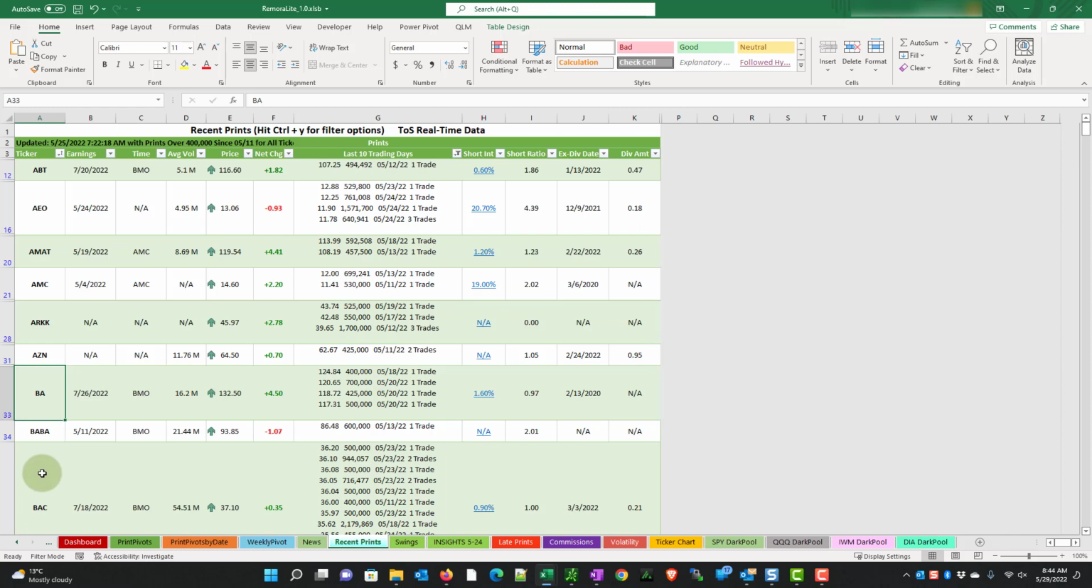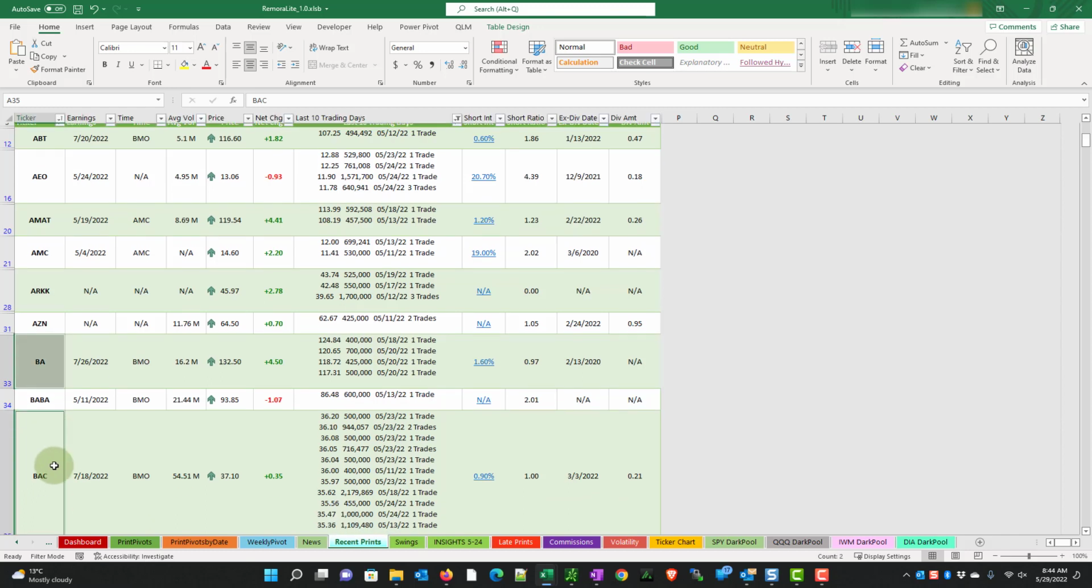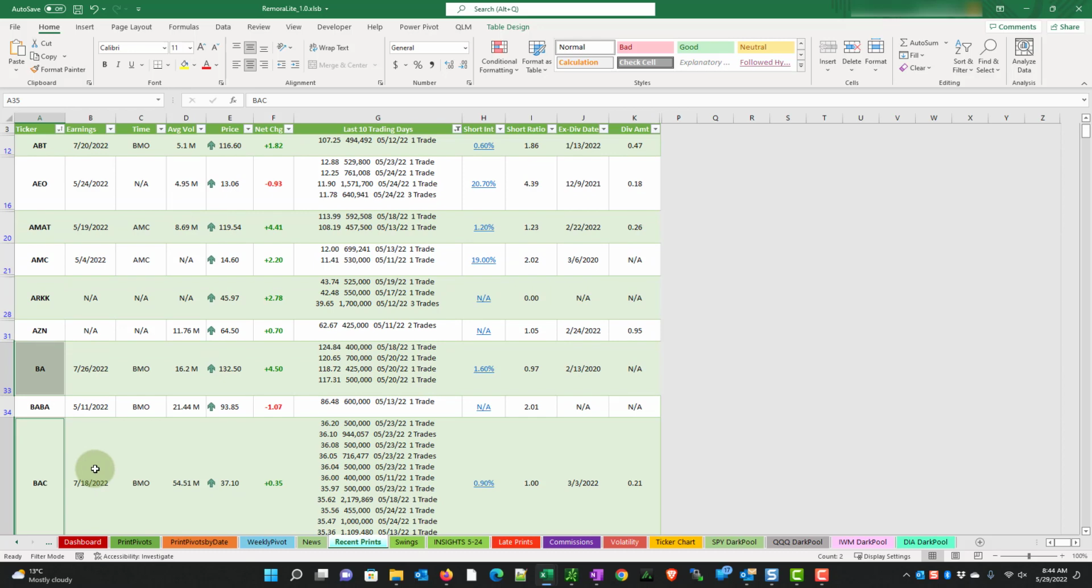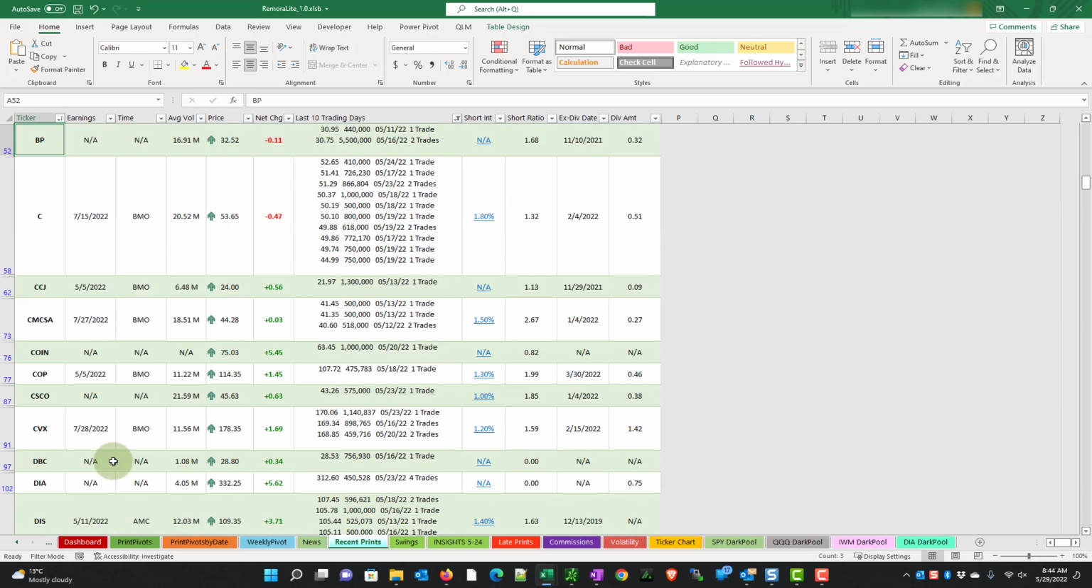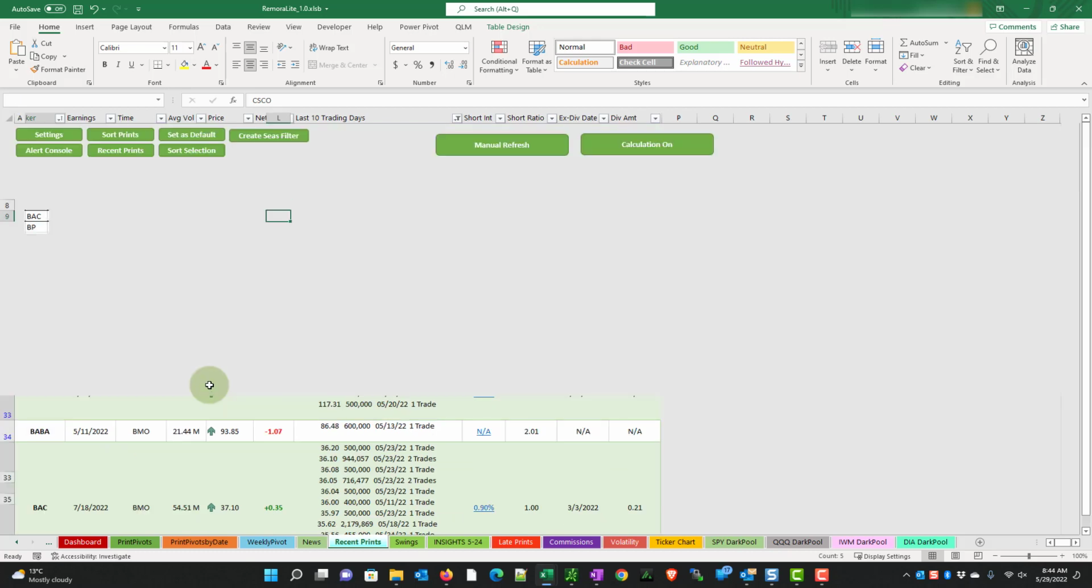So I'm going to hold down the Control key here. I'm going to scroll down and we'll find a couple more stocks. And there's BP and Coin and Cisco. So I'm going to hit the shortcut Control Shift and W, which will automatically add these